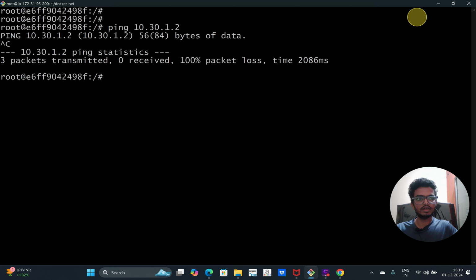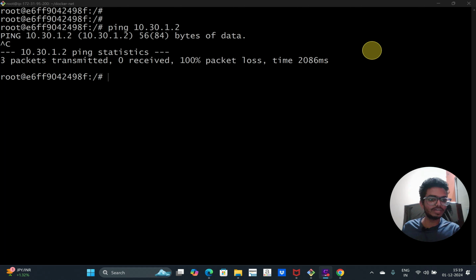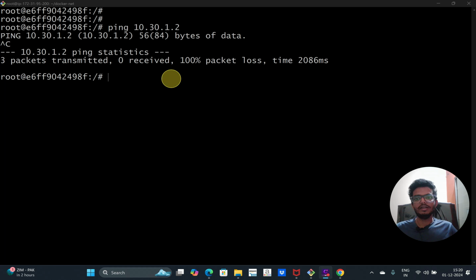To resolve this, I am going to add a path. Means I am going to add an IP route now. For this, I need network admin privileges. That's why I added network admin privileges while creating both the containers. Let's add the IP route now. For that, I have the command ip route add, and then the subnet range of my C2, that is 10.30.1.0/24 via my gateway basically,